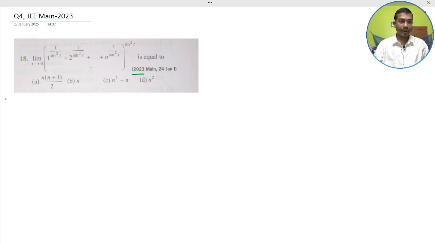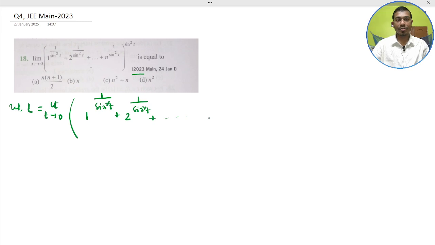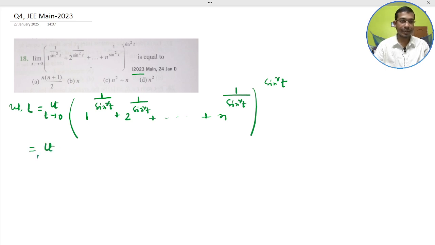So let L be given: limit t tends to 0, 1 to the power 1 by sine square t plus 2 to the power 1 by sine square t plus dot dot plus n to the power 1 by sine square t, to the power sine square t. This is given. Now limit should be applied. So limit t tends to 0,